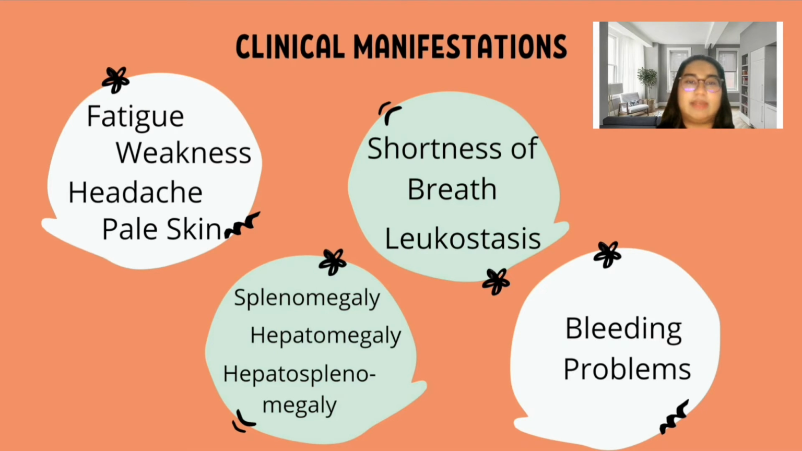I will be explaining about the clinical manifestations of AML. Many signs and symptoms of AML are the result of the shortage of normal blood cells, which happens when the leukemia cells crowd out the normal blood-making cells in the bone marrow. These shortages show up on blood tests, and they can also cause symptoms such as fatigue, weakness, headaches, pale skin,